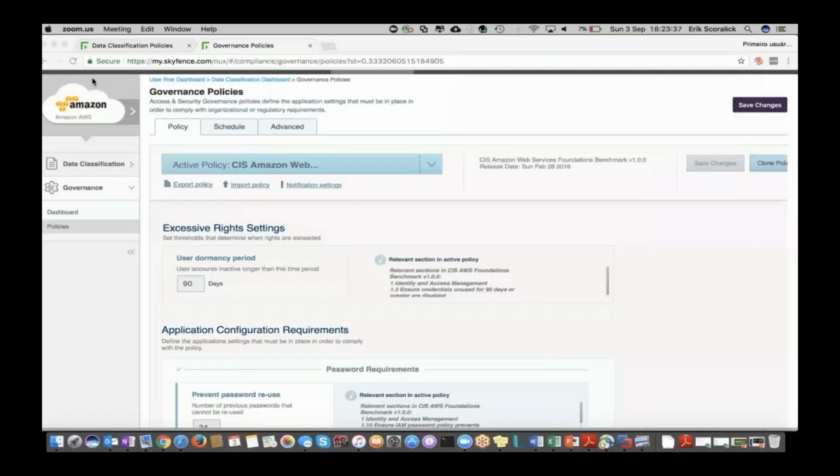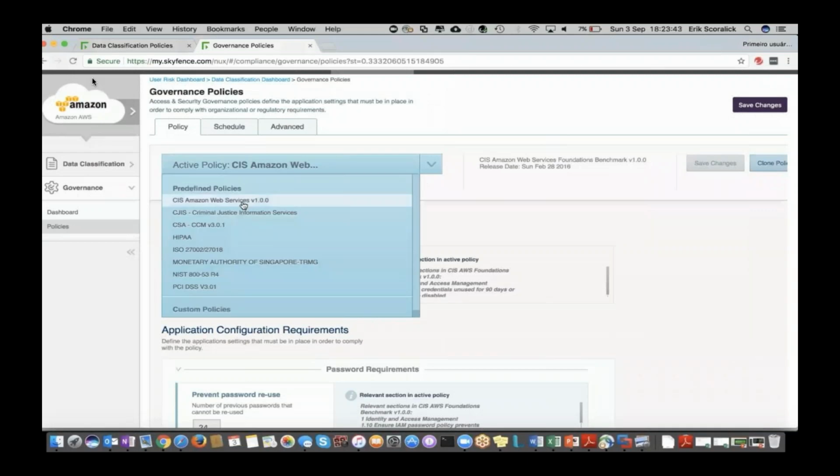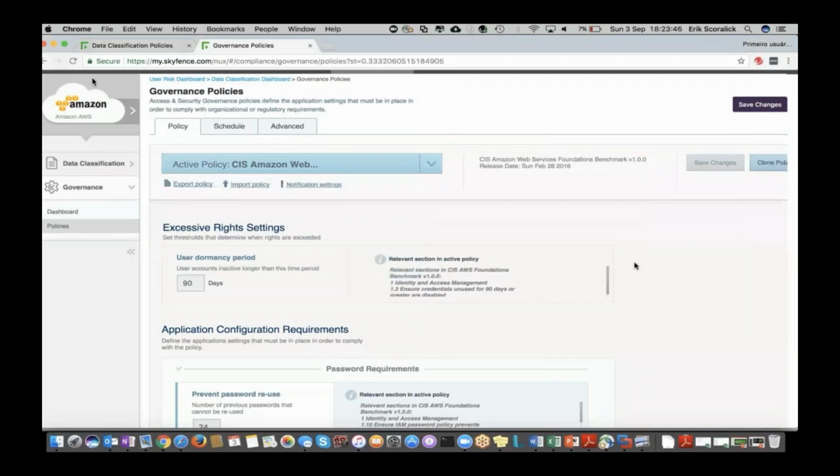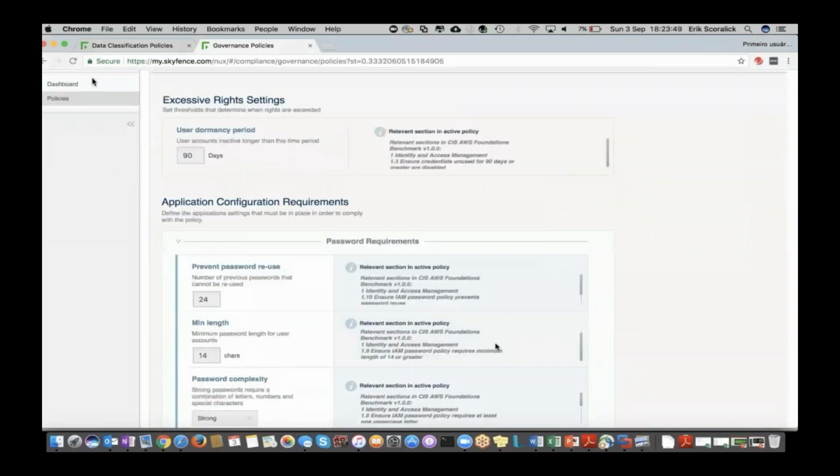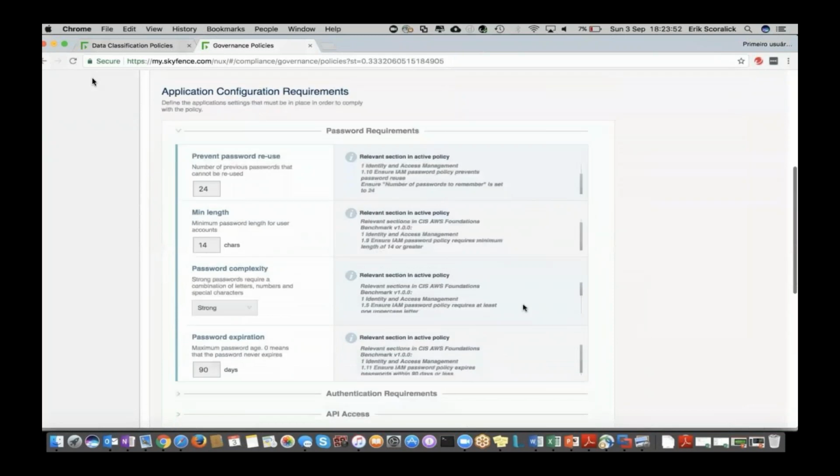So put in systems that you can not only control user behavior, but also assess whether the appropriate levels of controls are in place. And what you're seeing on screen here is us assessing our customer's implementation of AWS against the AWS CIS standards.